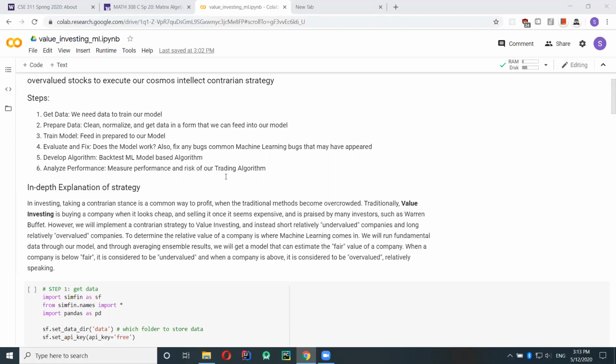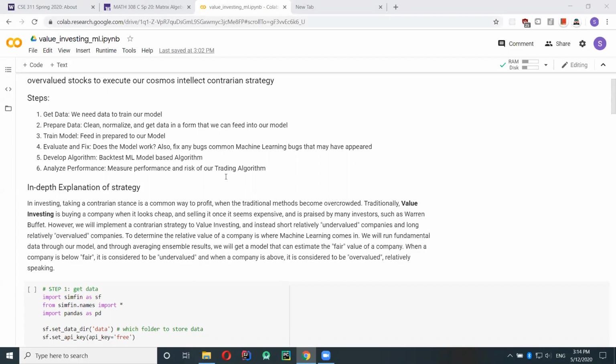So say you have a machine learning model that tries to guess if a picture is a hot dog or not a hot dog, but it only gets it right 10% of the time. Then there's something wrong with that model, right? There's probably something wrong with the tuning parameters, the data sets, or anything. These are some bugs that may occur with your machine learning model, so you want to fix those so that you can have a better model.